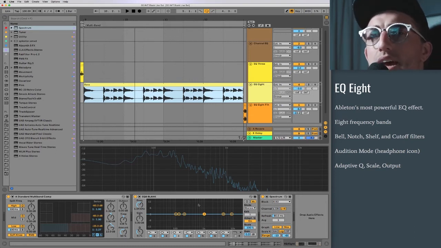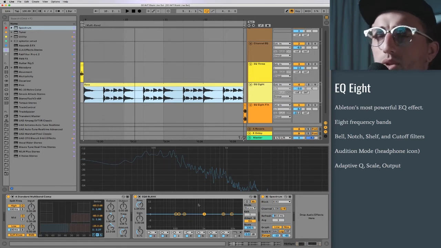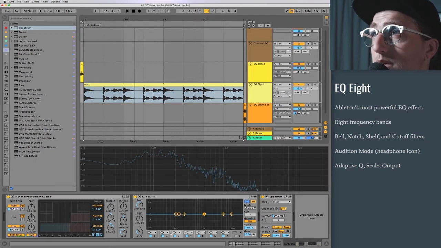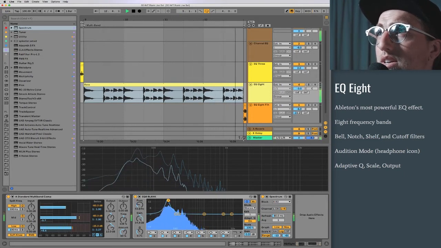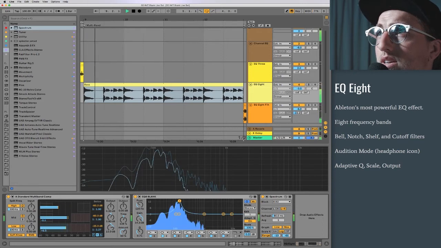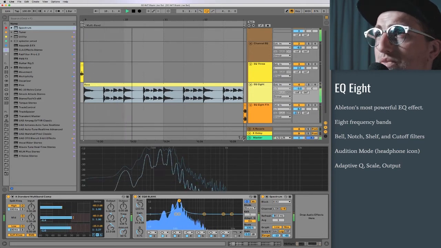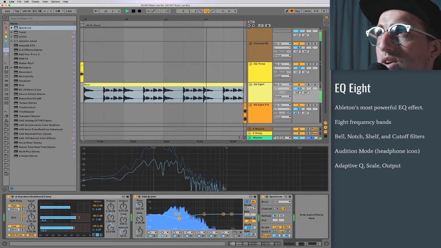And the problem is that it can be really hard on certain speakers to hear what frequency you are trying to hear that sounds like it's too loud or needs to be boosted. Audition mode gives us the ability to, anytime that we're dragging one of these around, only hear the frequency that you're changing. So here I can definitely tell that that's our problem frequency, so I can turn that way down. We also have